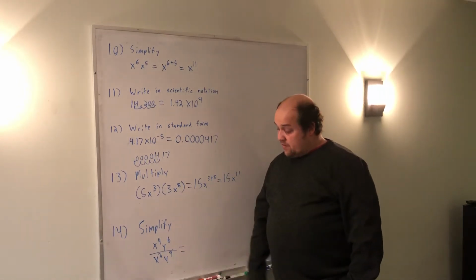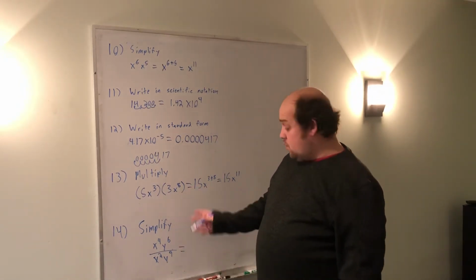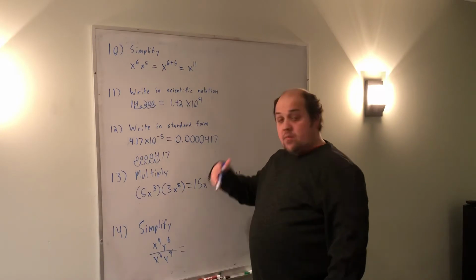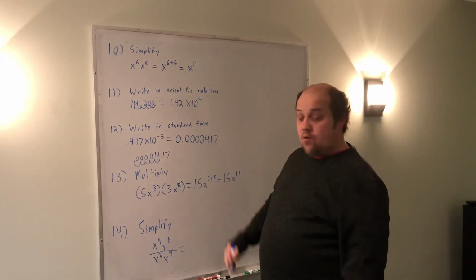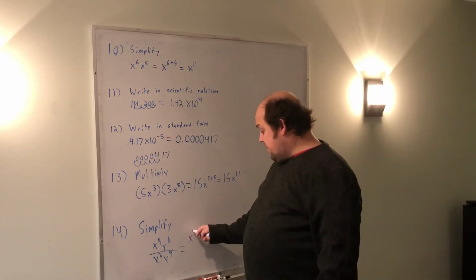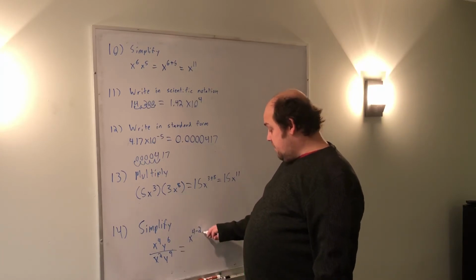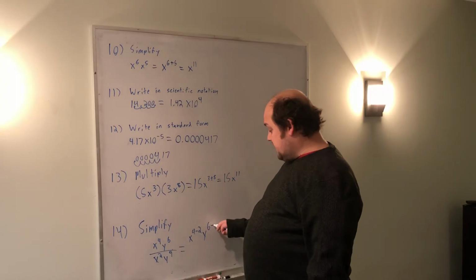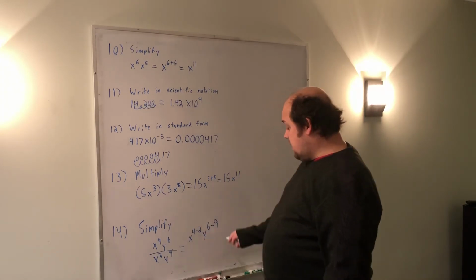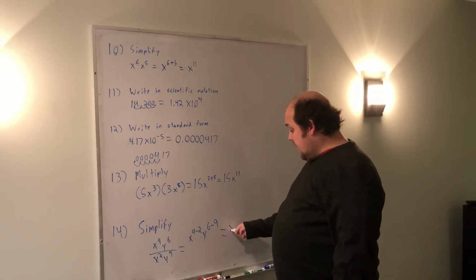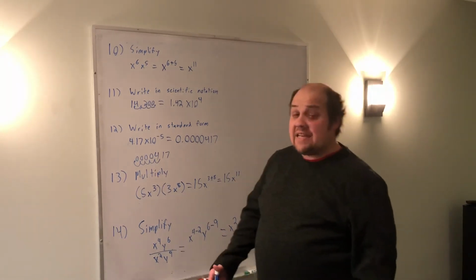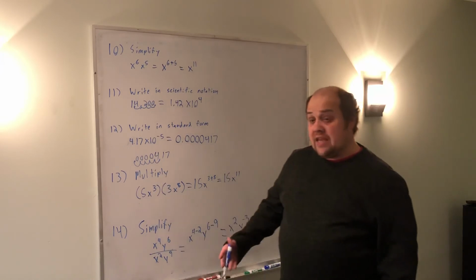When I'm asked to simplify here, I need to keep x's and y's separate. Really it becomes power on top minus power on bottom. So on top I have x to the 4th, I'm subtracting from that second power, which is on bottom. For y's I have 6 on top, I'm subtracting from that 9, which is on bottom. That would leave me with x squared, y to the -3rd, which is technically mathematically correct, but really we want